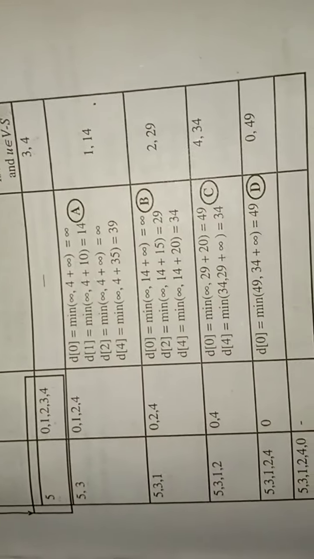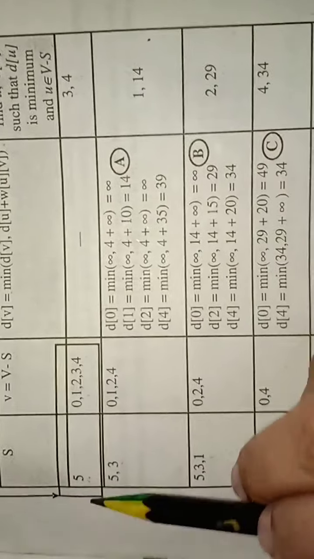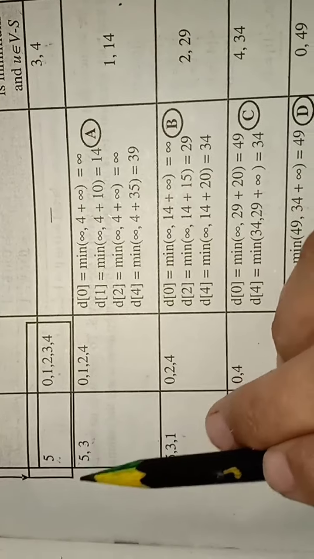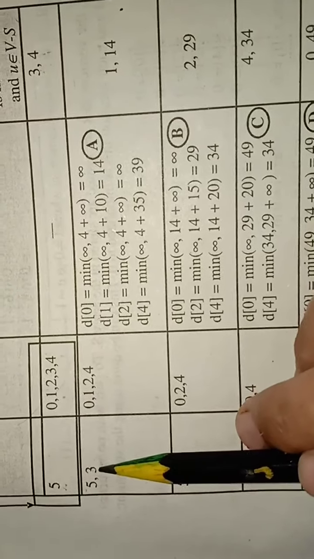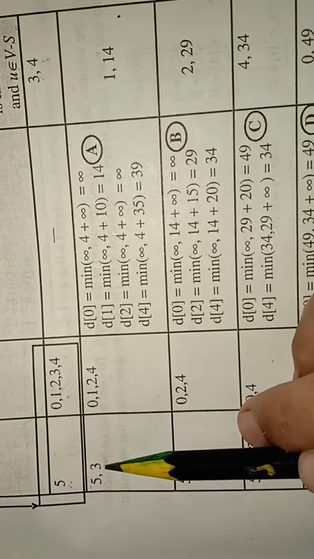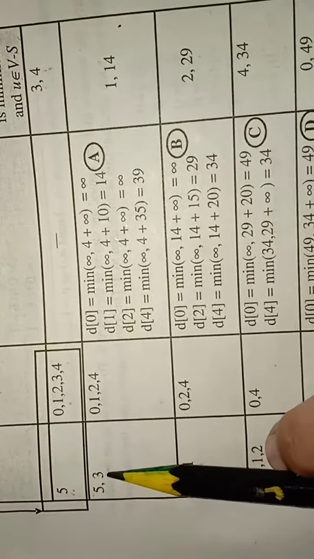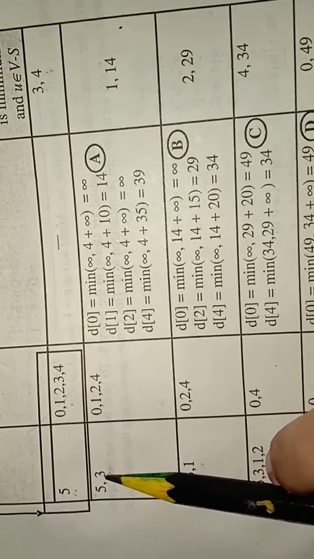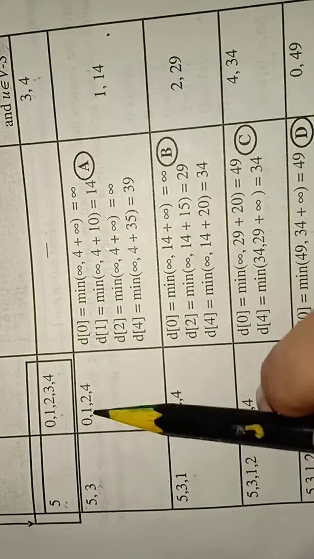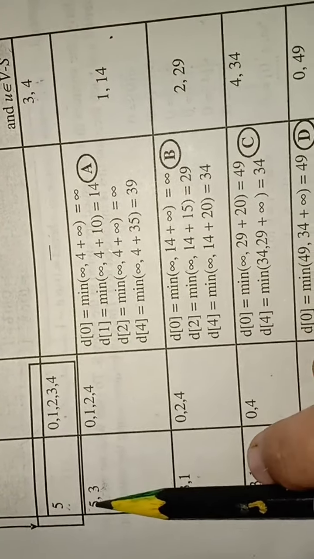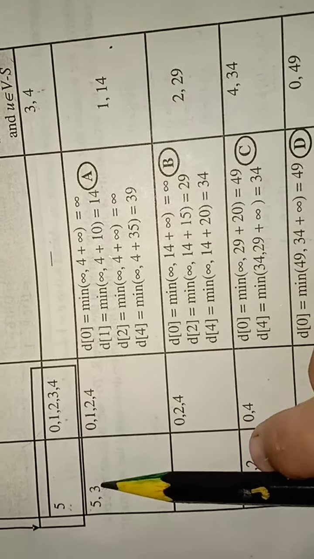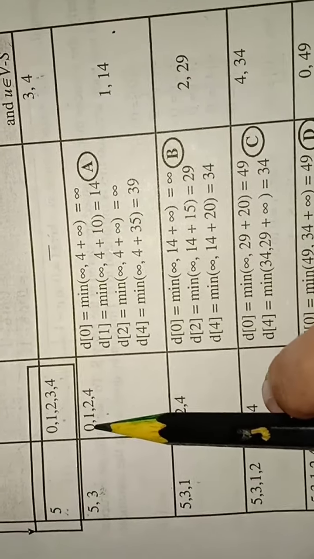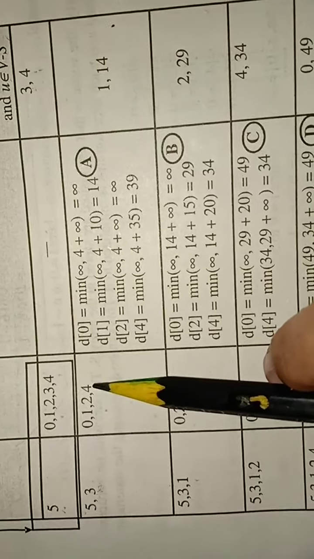Next you have to consider the next node, that is the minimum node. So from all the initialization you found that this U is the minimum, so you choose it directly, without applying any formula you choose that particular node, so that is 3. So now you have to follow the same step. You should remove this 3 and write all other vertices. Okay, so that will be 0, 1, 2 and 4.